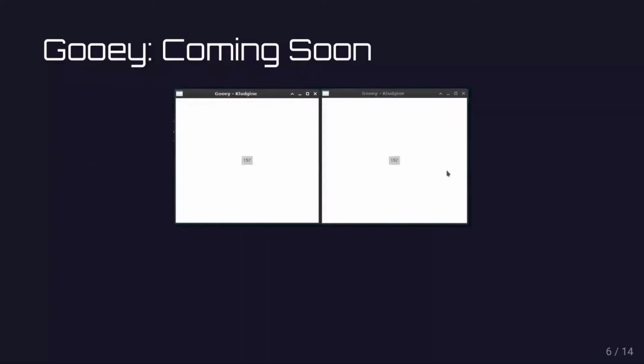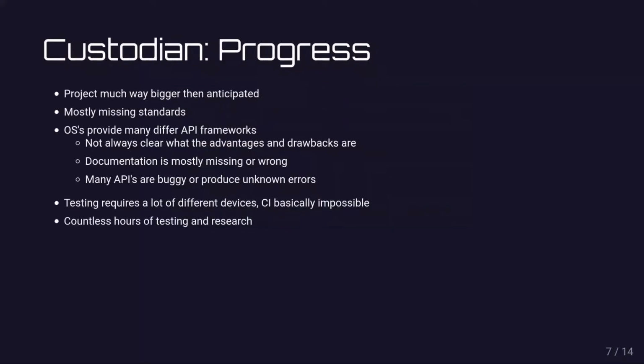This is the demo that I barely got working before today, where we're using PliantDB behind the scenes to use PubSub to drive the counter so that two completely separate processes are sending and receiving those click events. It's coming along, and hopefully next month we'll actually have a real live demo rather than just a pre-canned recording. So I'm going to pass it over to Dax to talk about Custodian now.